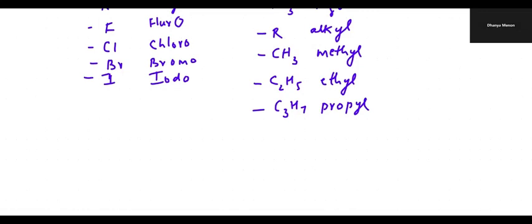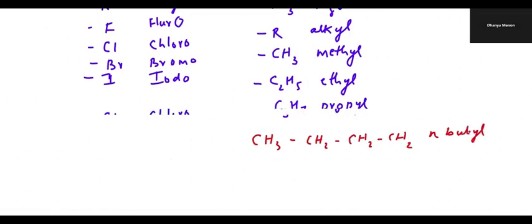Similarly, if I have this, this is 4 carbon atoms. So that means this is a butyl group. Okay, and this is a straight chain, so this is called normal butyl. If it is branched, it is called isobutyl. Okay, so all those we will be discussing. Now, coming to